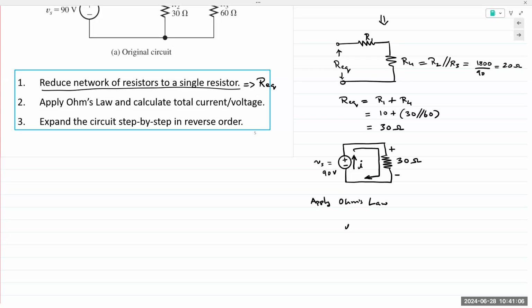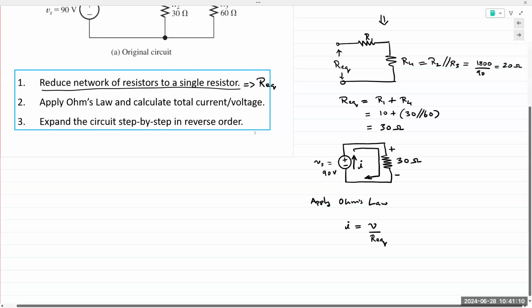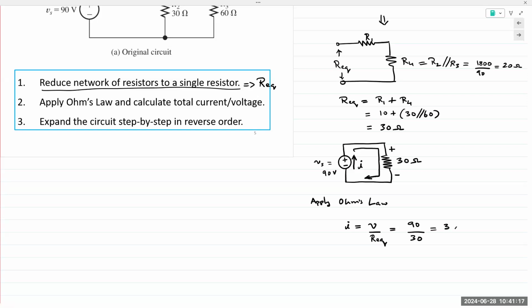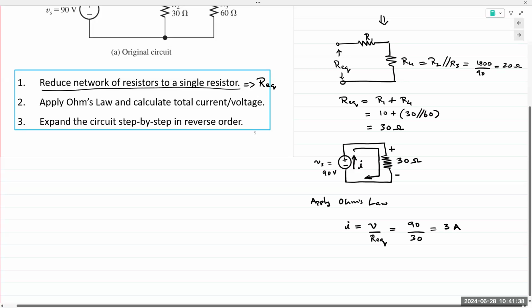And I can write I is V over Req, 90 divided by 30, which is 3 amps. So the total current I flowing through the circuit is 3 amps. Any questions? Straightforward so far? Okay. All right, now,